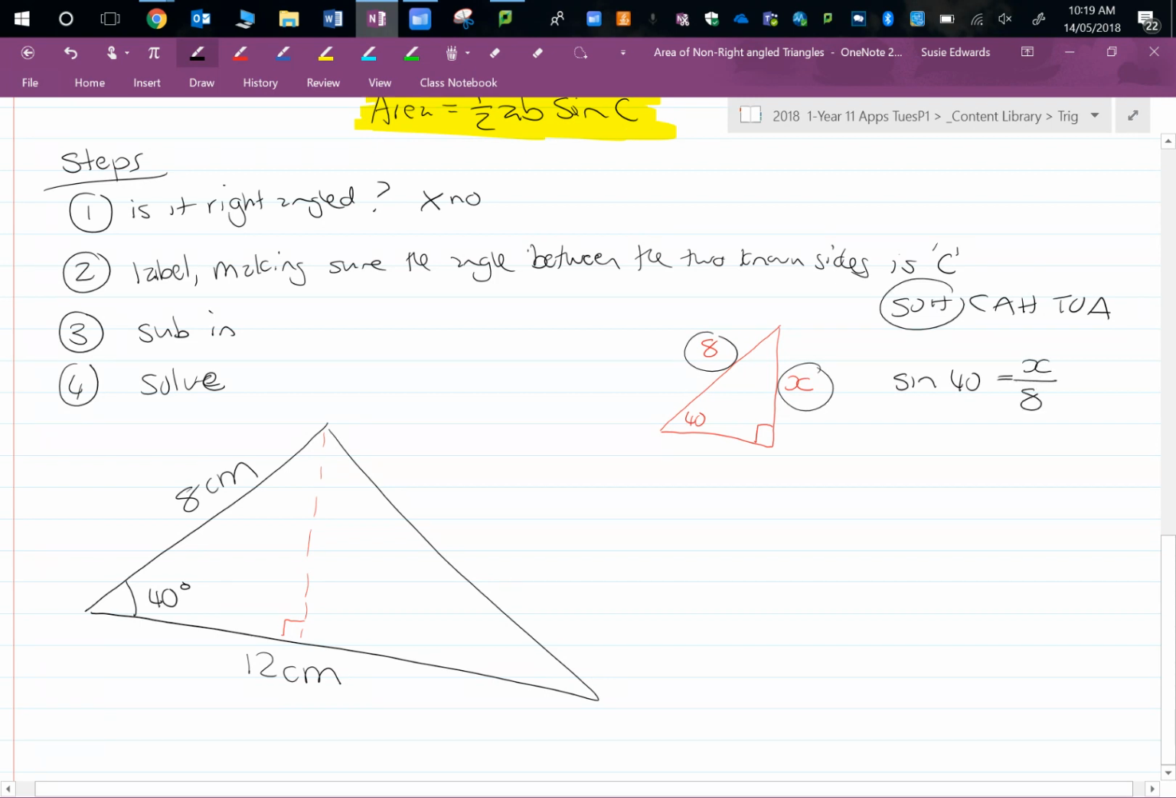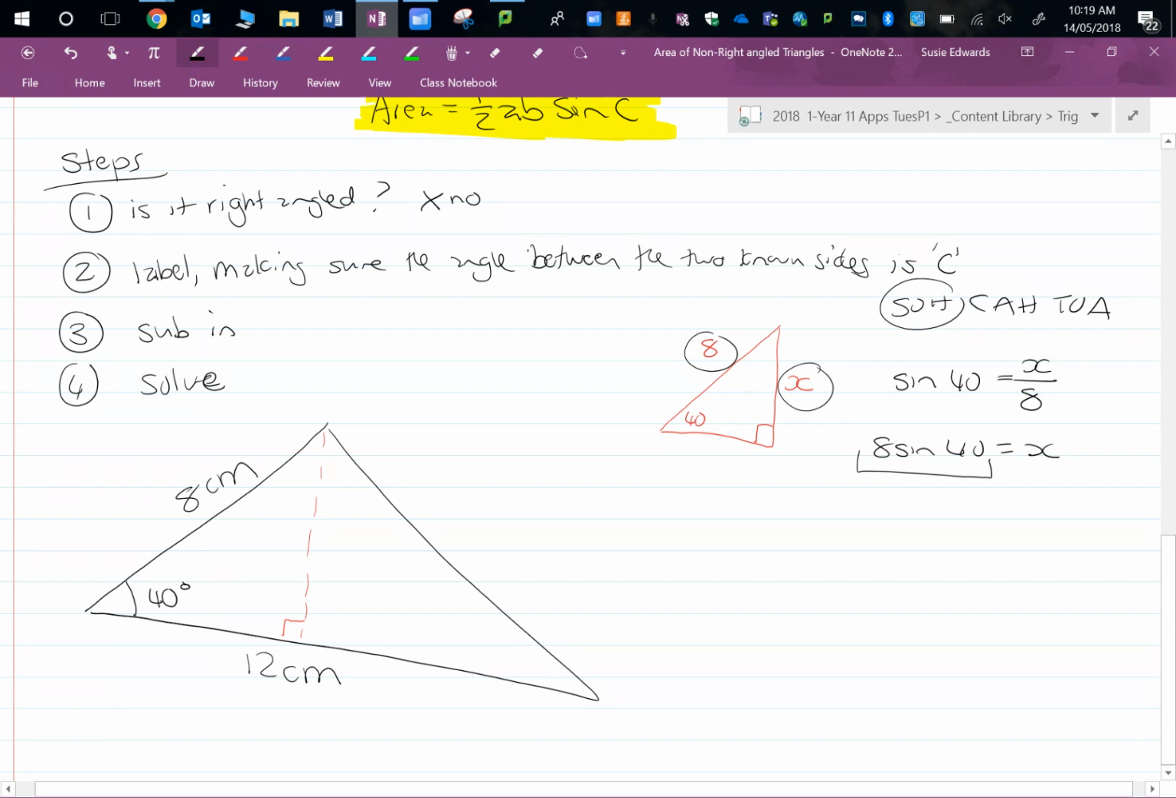Sine 40 equals X over 8. Everyone see it there? And so then I can go 8 times sine 40 equals X, and I could find out what X was. So that would give me the height of the triangle. To then find the area, I would have to say half the height times the base, which is the 12. So I've got this there